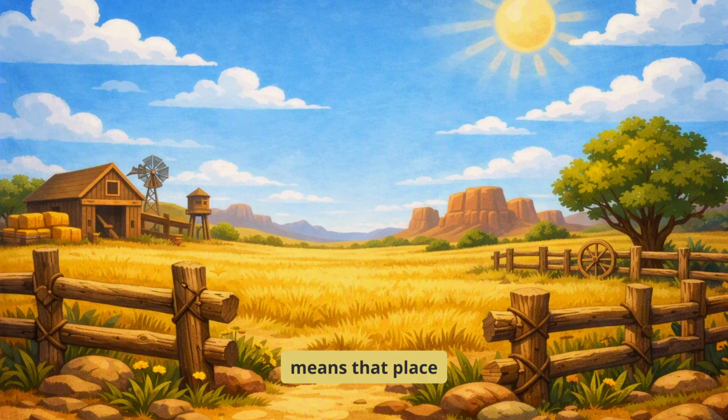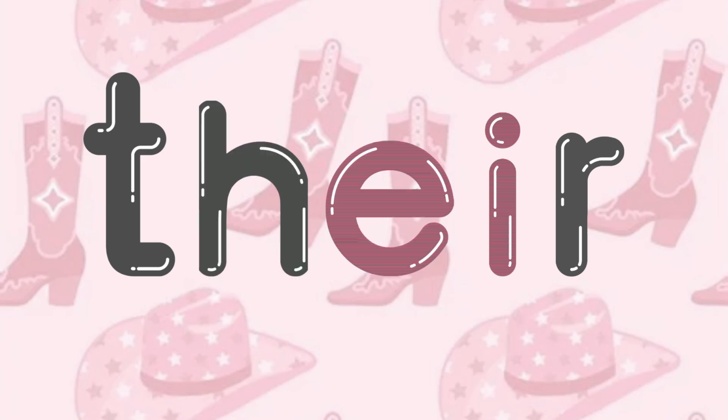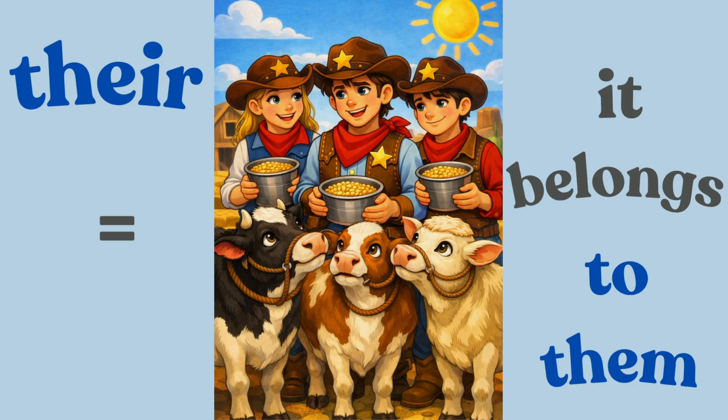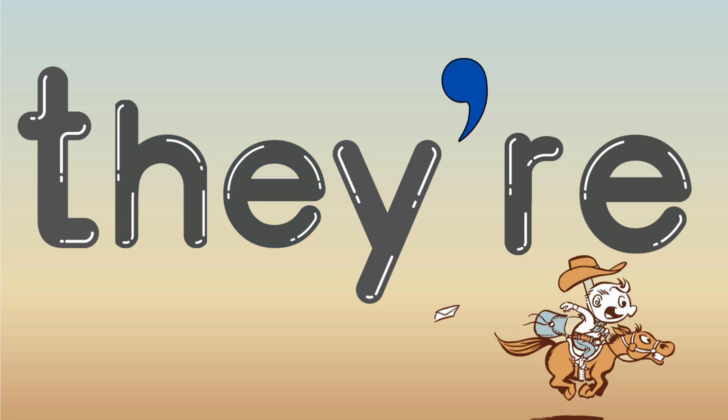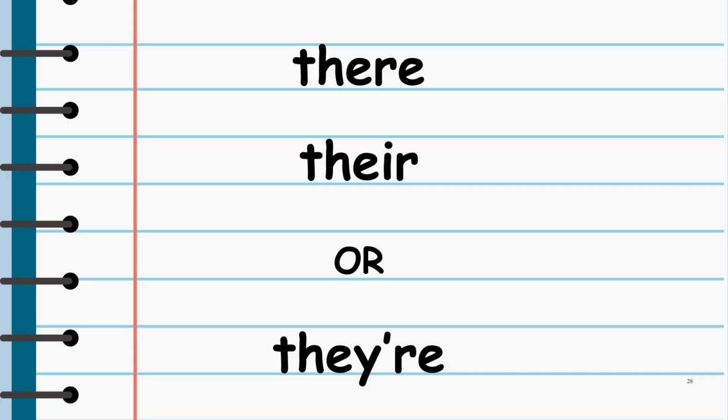T-H-E-R-E means that place over there. T-H-E-I-R means it belongs to them. T-H-E-Y apostrophe R-E abbreviates they are. When using any form of there, please take